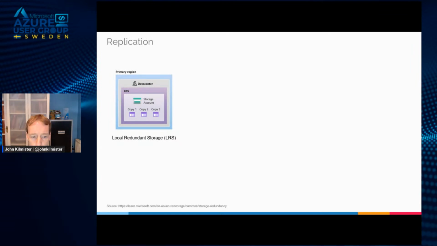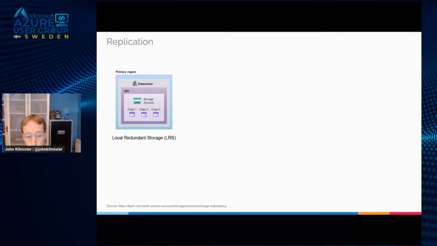So the first thing I want to talk about is data replication. And this is an option you pick when you create your storage account. You can change it later, although there are certain caveats and challenges with it. So definitely read around if you think you might want to change it later. Now, with the replication, I used to just pick one or leave it as the default without really understanding what's happening behind the scenes. And by understanding what's happening behind the scenes, we can make a better, more informed choice.